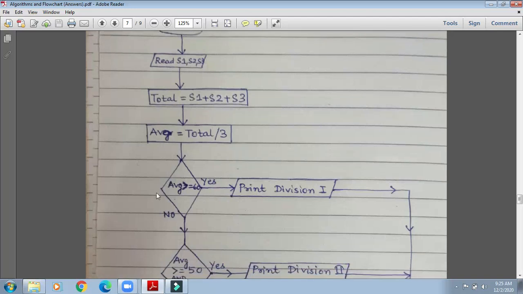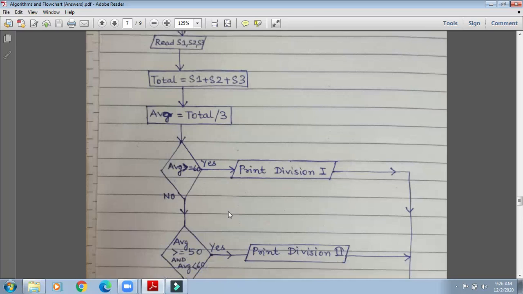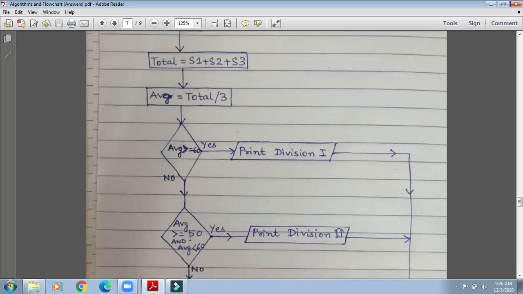Now we are going for the decision box. This is the decision box. AVG greater than or equal to 60. If the number is greater than or equal to 60, then print division first. No, it is not greater than or equal to 60, so we will check if AVG is greater than or equal to 50 and AVG is less than 60. Yes, print division second.